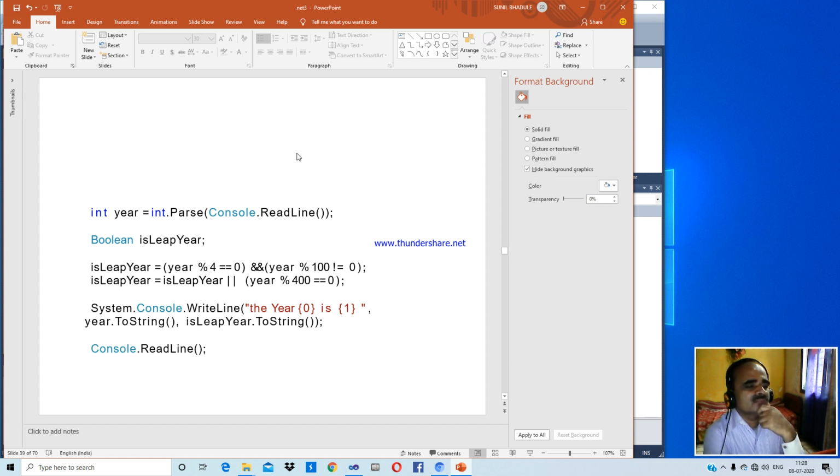Okay, we print the result. So isLeapYear, it is a boolean, is equal to isLeapYear, or year mod 400, which is